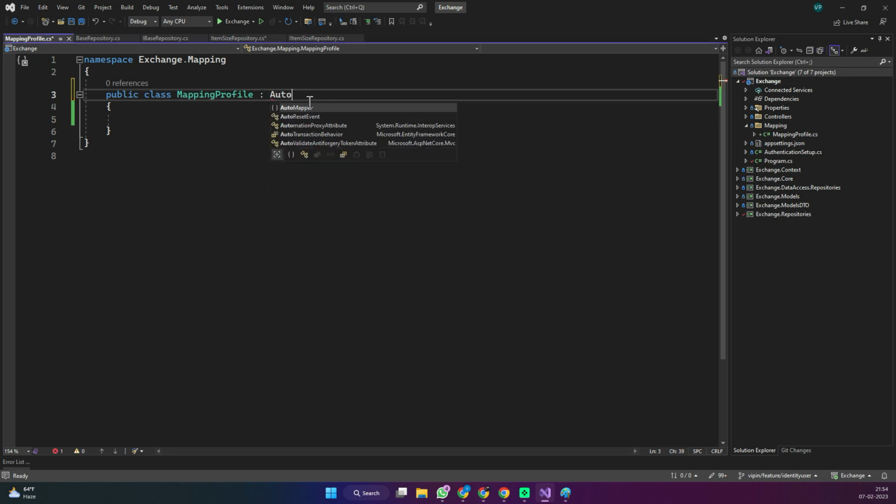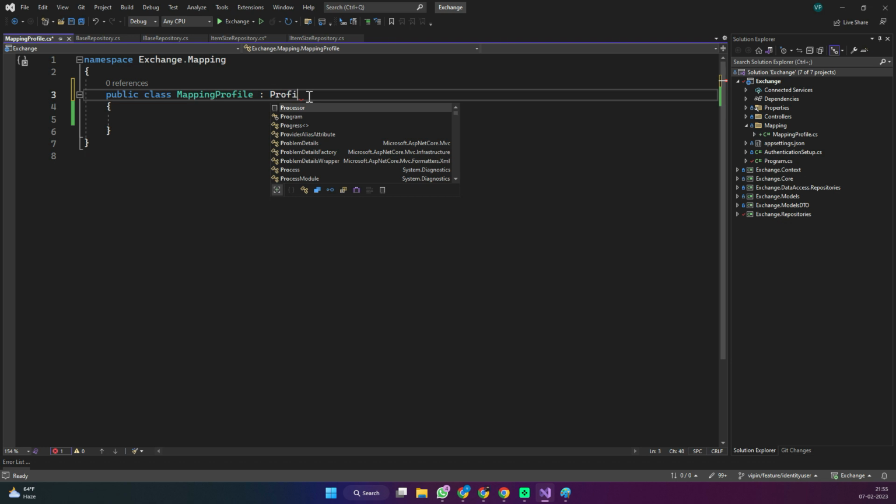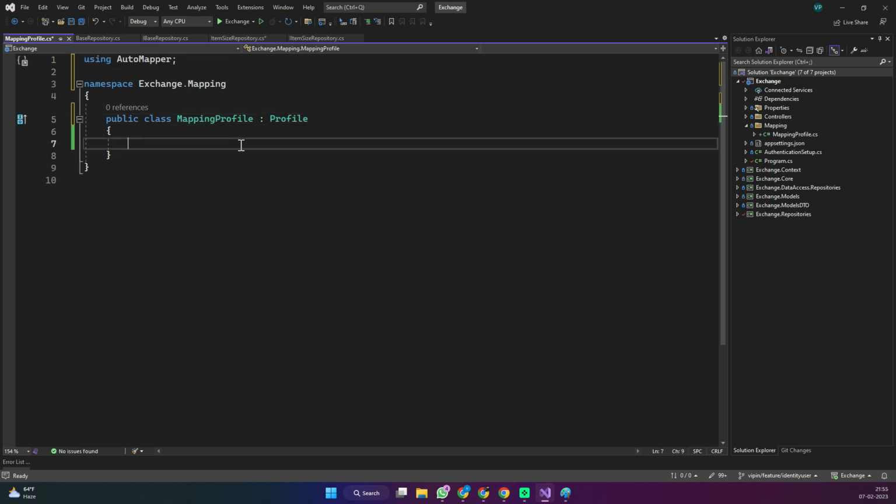It's called Autofac. No, it's not Autofac, it's not AutoMapper. Actually, I need to search for it. I just forget the class name. The auto profile. Profile. I think yes, this is like Profile. And then we are going to